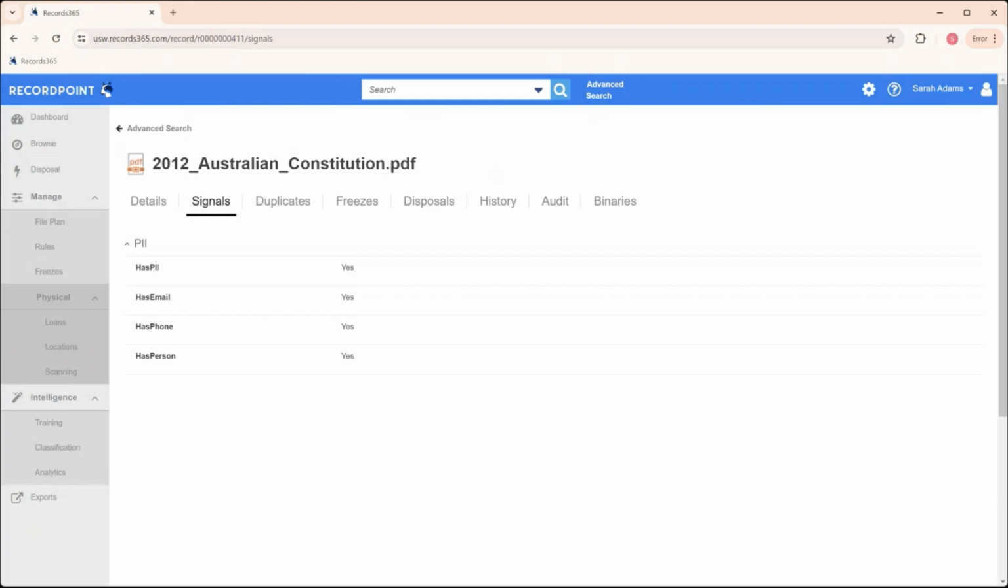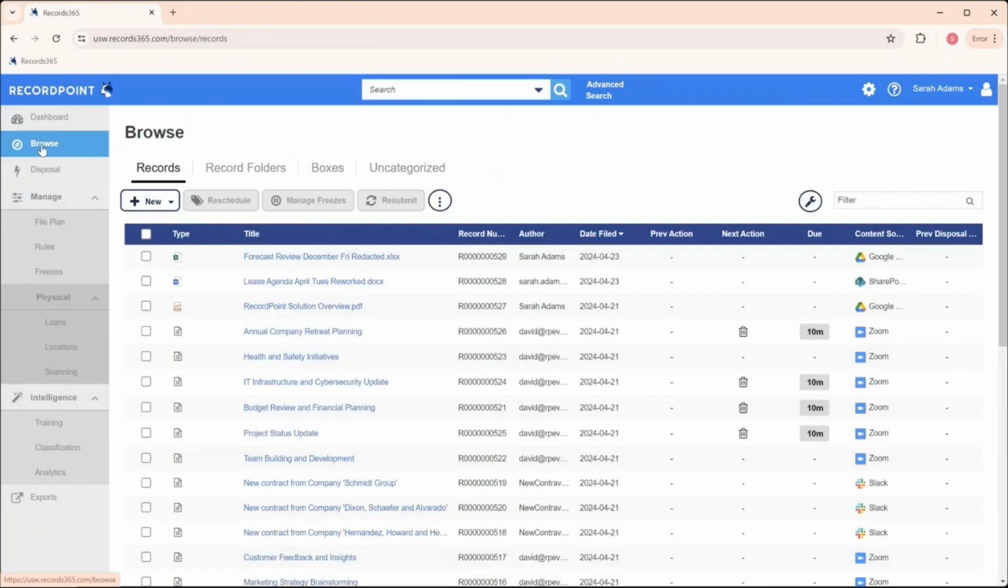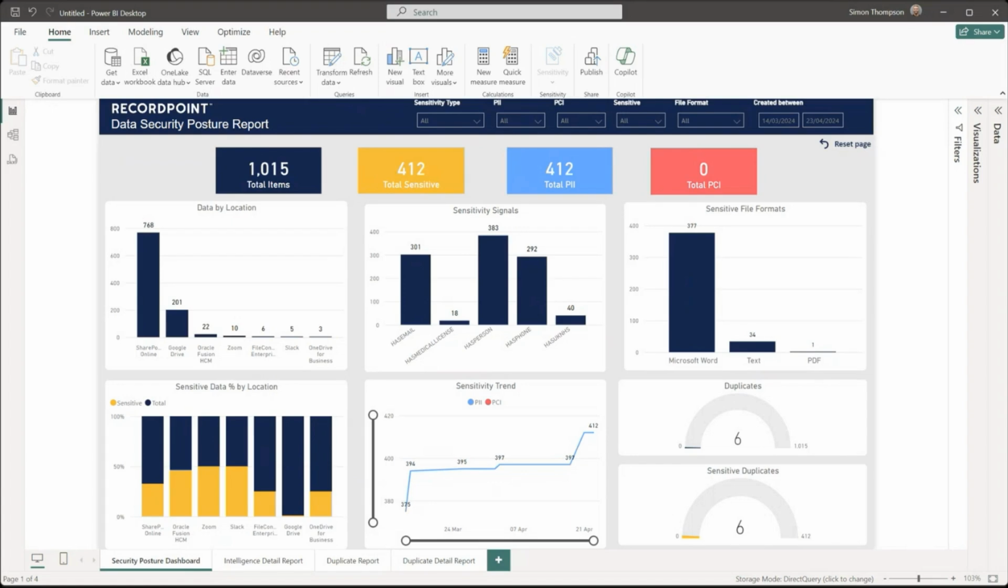So within RecordPoint, I'm able to view and manage that data at the level of each individual record. And then using our reporting capability, which we'll look at in a moment, I'm also able to look at my data inventory in aggregate. Over here in our report, I can start to get a sense of how many items I have, how many of those items are sensitive records and therefore require additional attention, and whether there's PII or PCI present in any of my records. I can then start to get a sense of where that data is,